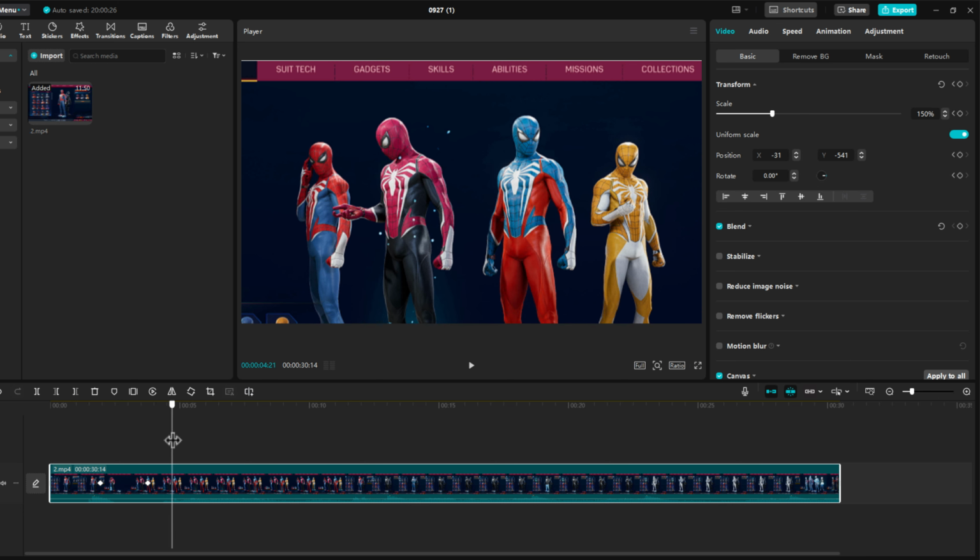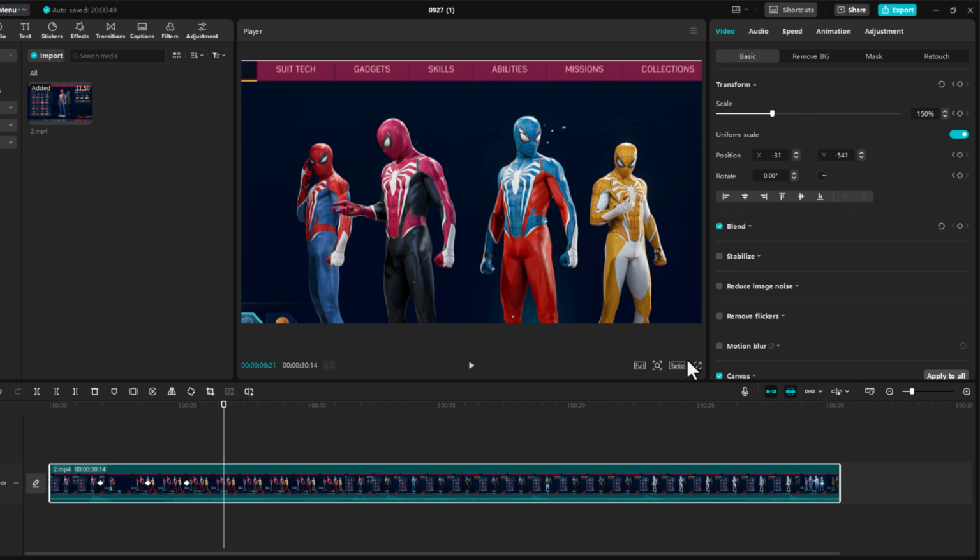Now I'll show you guys the zoom out. Just select the point where you want to start the zoom out and then select this option, add keyframe, next to transform, and the keyframe has been added. After adding it, now place the point where you want it fully zoomed out. This is the starting point where it starts zooming out and this is the point we are going to